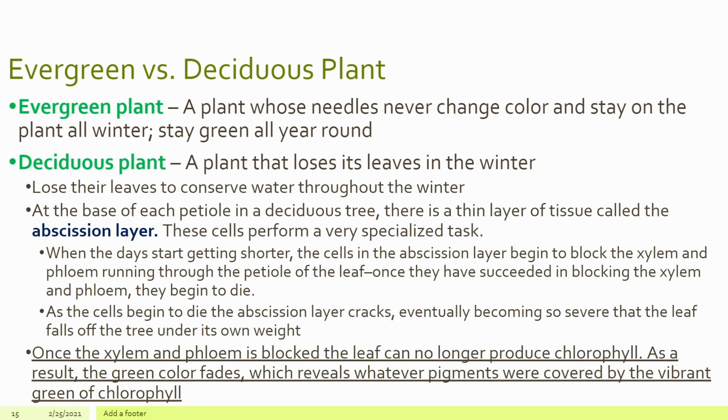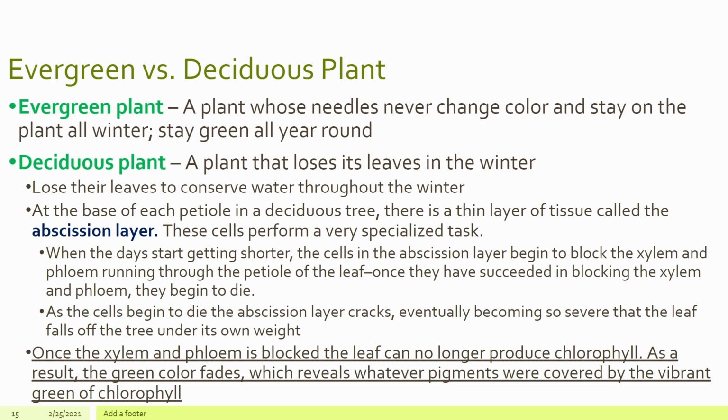Let's compare evergreen to deciduous plants. An evergreen plant is a plant that generally has needles, but not always, but it never changes color and stays essentially vegetative all winter. It stays green all year round. A deciduous plant loses its leaves in the winter. They do so to conserve water, and at the base of each petiole in a deciduous plant, there's a thin